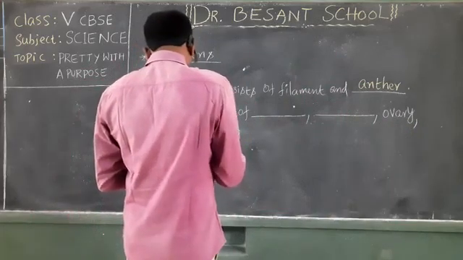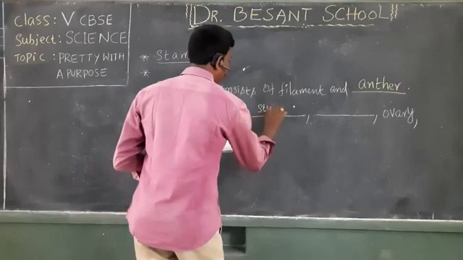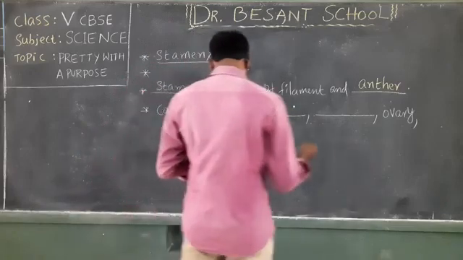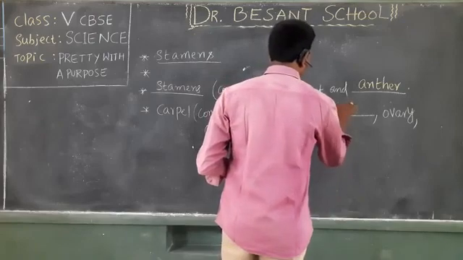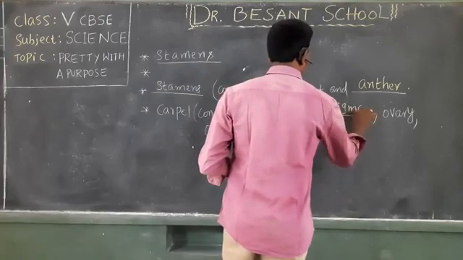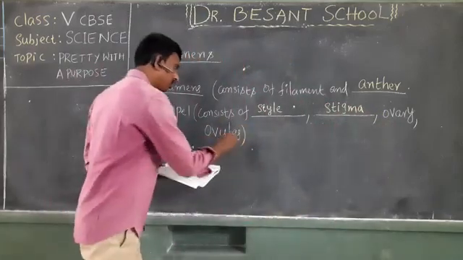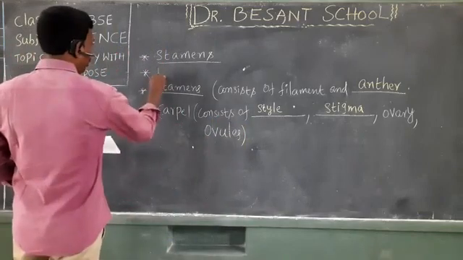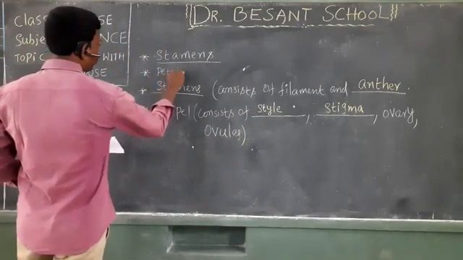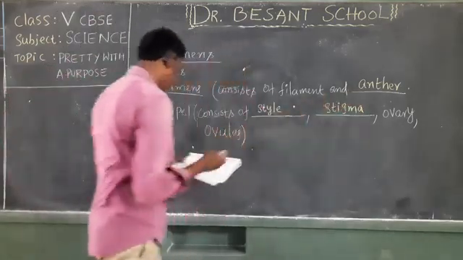Yes, three parts we discussed earlier. Carpel consists of style, a tube-like structure, and it also consists of a sticky tip called stigma. And a spherical structure called ovary, which contains ovules. Okay, my dear students? Your petals are already given. So these are the blanks to be filled by us. Okay?